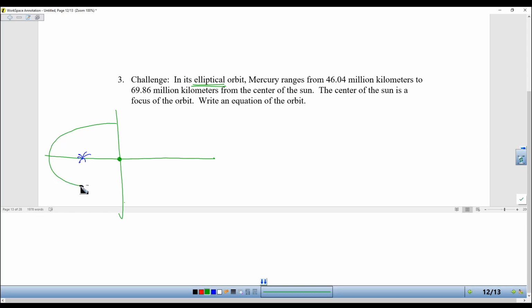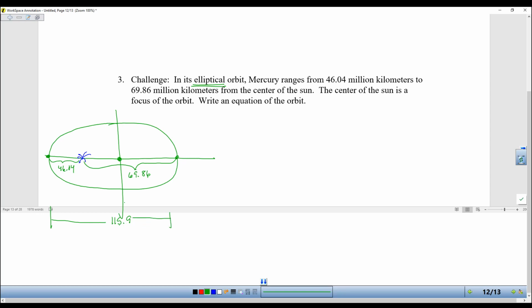So this is what it looks like. Sometimes Mercury is close to the sun when it's right there on its orbit. It's only 46.04 million kilometers to the sun. But when it's as far away from the sun as it could possibly be, then it is 69.86. So now that I've drawn it, you can probably do it, but the challenge part is definitely making this drawing. So to get my equation, I'm going to add my 46.04 to my 69.86. And so the entire length of this is